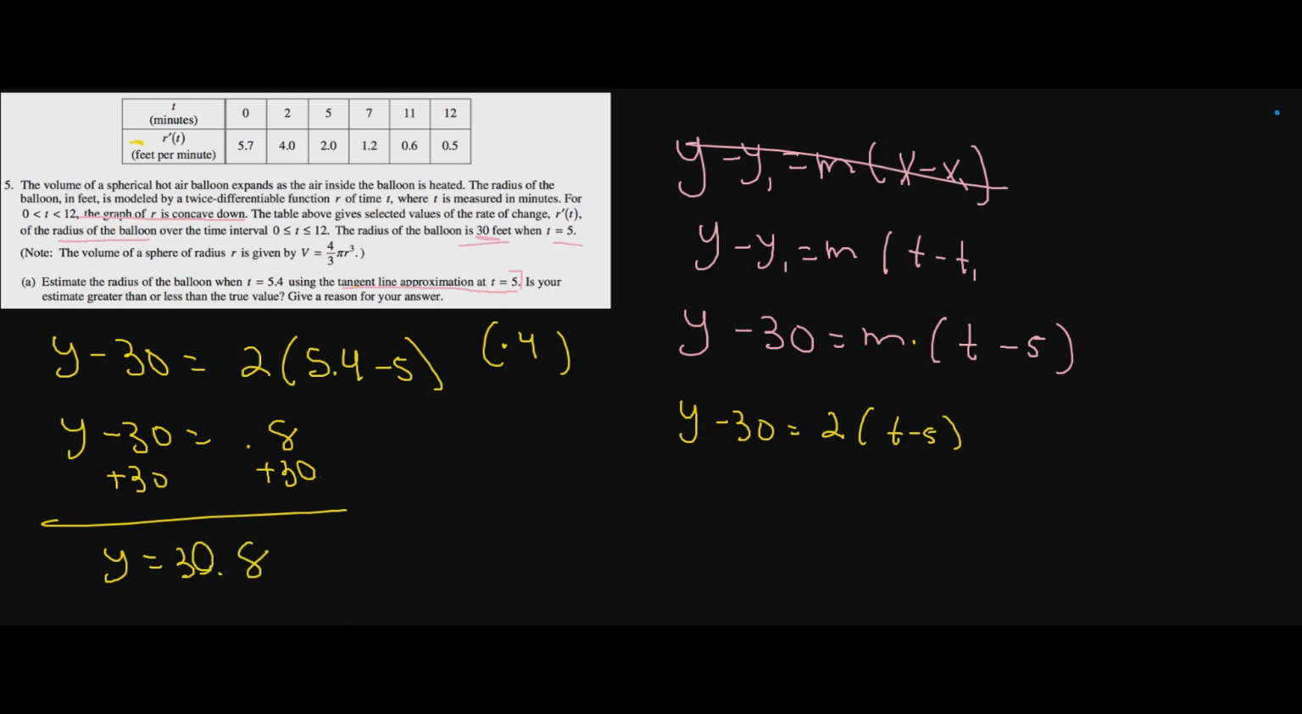30.8. Very good. And because we're talking about the radius, which is kind of like the position function, and we know the derivative is feet per minute, well, that radius, what is the length on the radius? It's feet. So 30.8 feet. So the radius of the balloon at t equals 5.4 is 30.8 feet. Beautiful. Okay. Now it's asking us